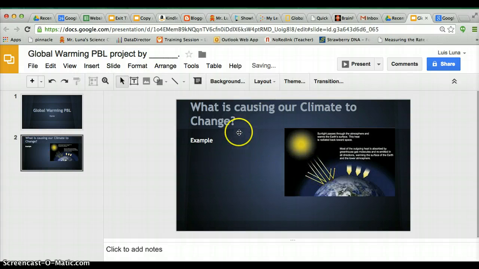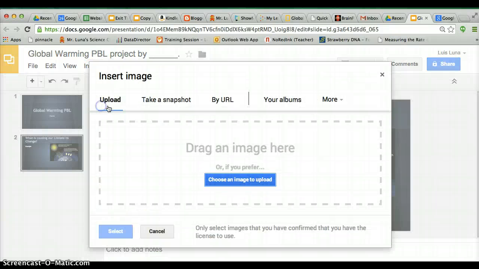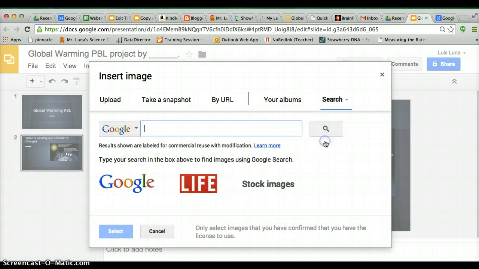Again, for some computers that won't work either. It's very weird. Some computers don't work. So this is the third way to get a picture. You can go to Insert, Image, More, and then Search, and then just type in what you want to find. Let's say global warming,